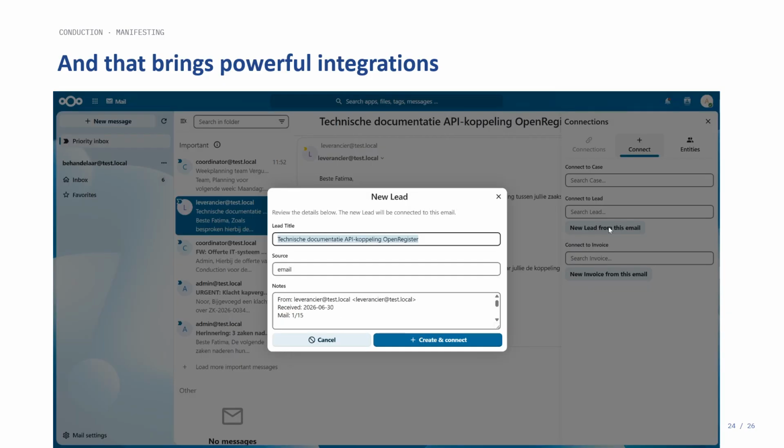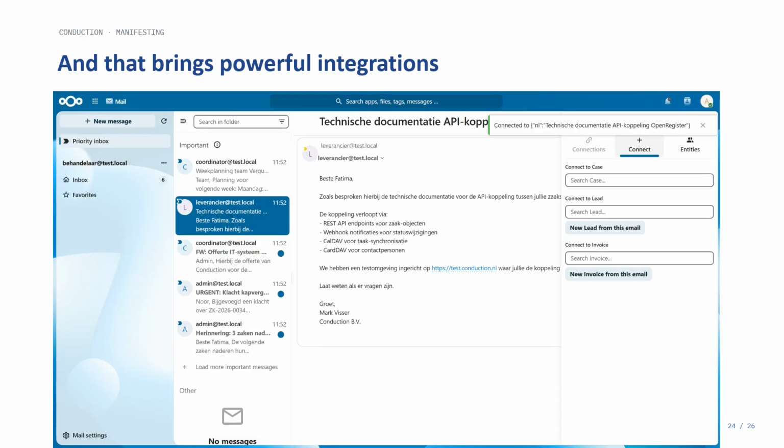So we built a lead system or CRM package, Pipelink, on Nextcloud. And because we're using Open Register, that automatically integrates with the email. And that means that as a user, you can open your email, your normal mail client in Nextcloud, and then on the right side, you get additional options. In this case, you can assign any incoming email directly into a lead.